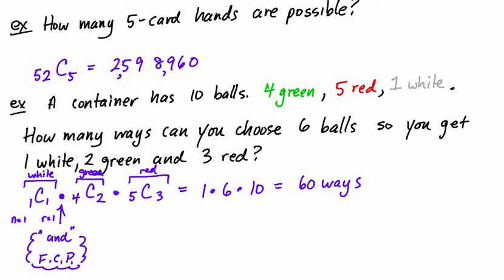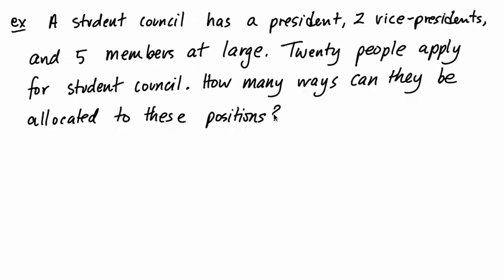Let's take a look at one last example, and it's kind of a part A and a part B to this last one, but again, it's a student council question. Presidents, and for this first part, well, the vice presidents are the same. They just help each other, help the president. And then there's 5 what they call members at large. 20 people apply for student council, and how many ways can you take those 20 people and allocate them to